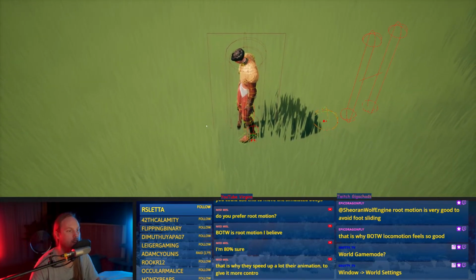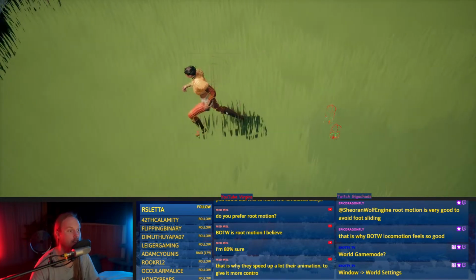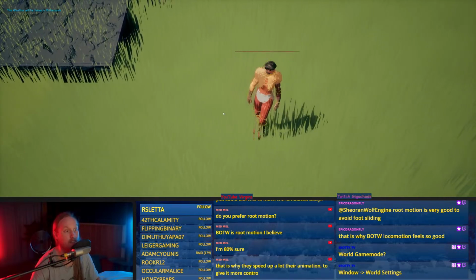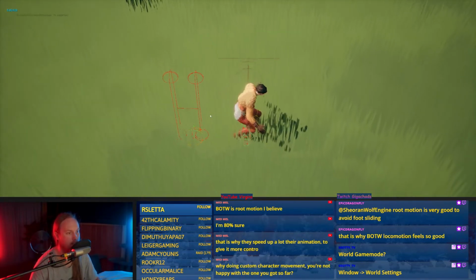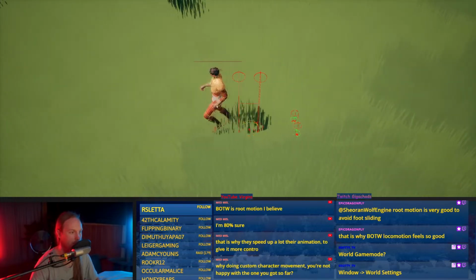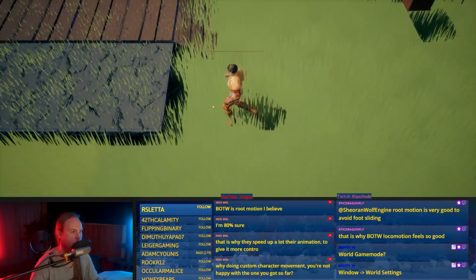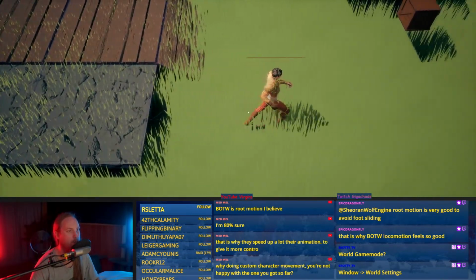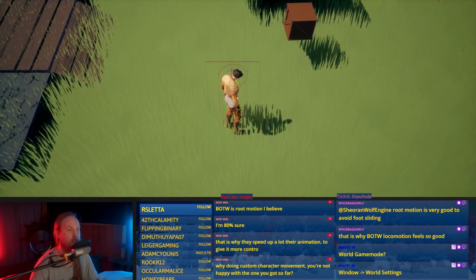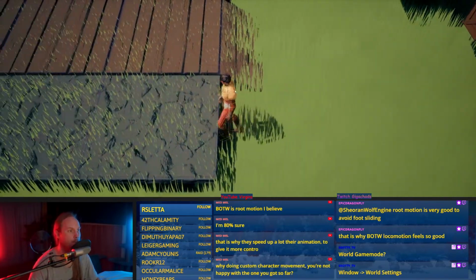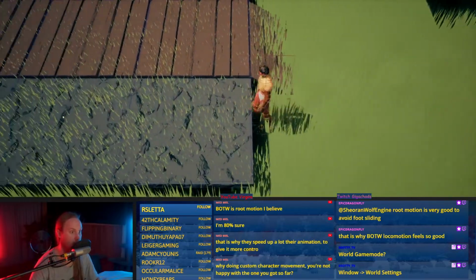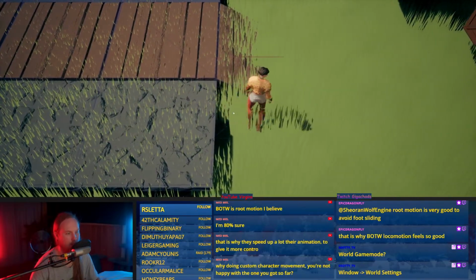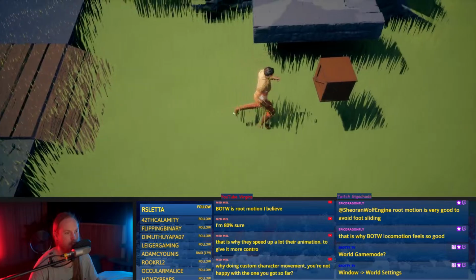It has acceleration and deceleration, and the jump has a delay, and there's additive animations and stuff. But it's still super rigid. If I run into this, we just stop. It doesn't feel like we're actually in the world.